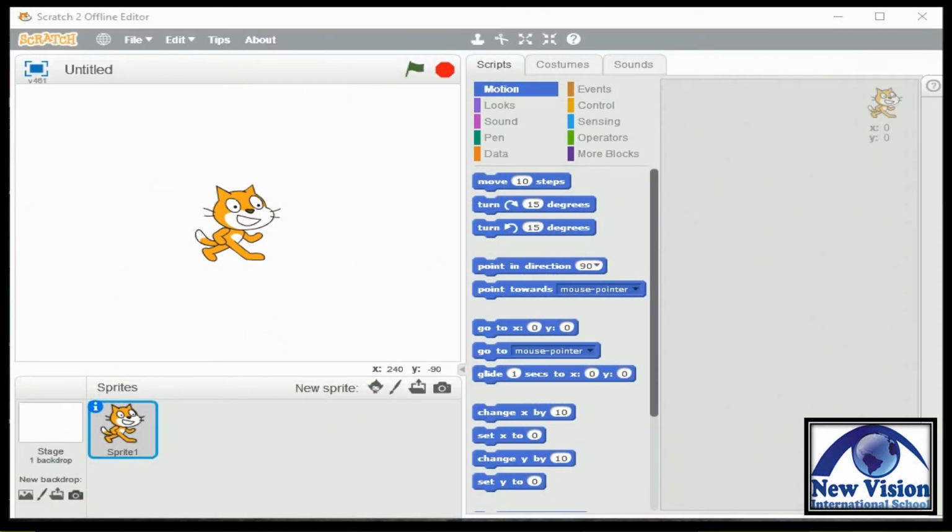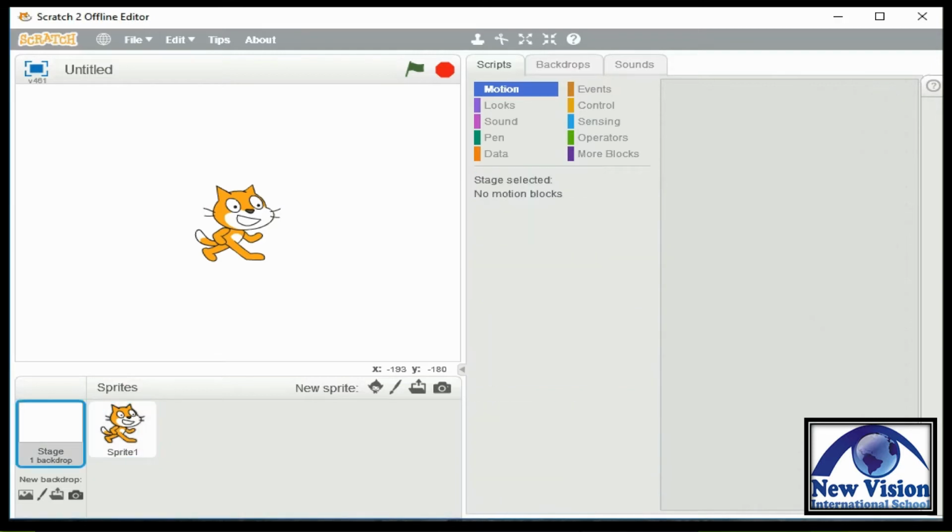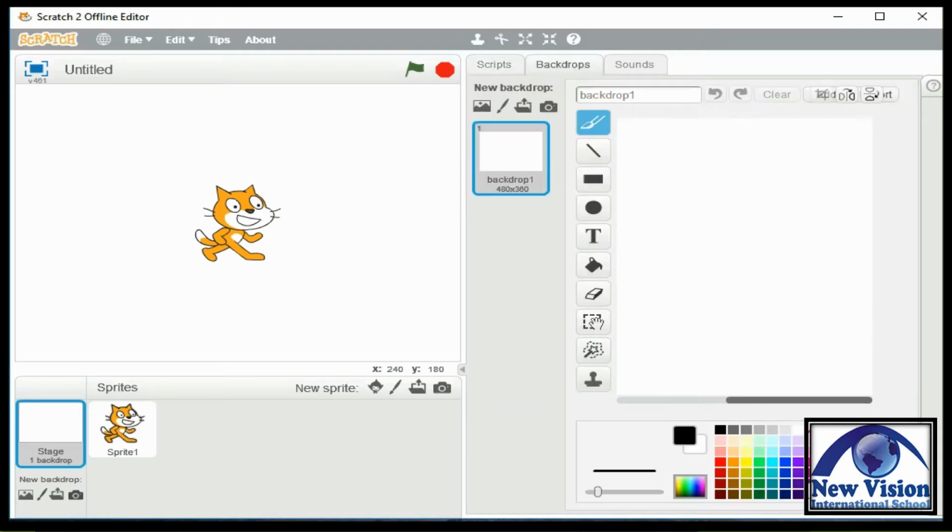At this moment, I'm gonna teach you how to change the background in the Scratch program. So we have different choices in order to change the background. First, if you would like to draw or paint your own background, you may use this icon. Then click the backdrops. And as you can see, we have different available tools in order to draw or paint